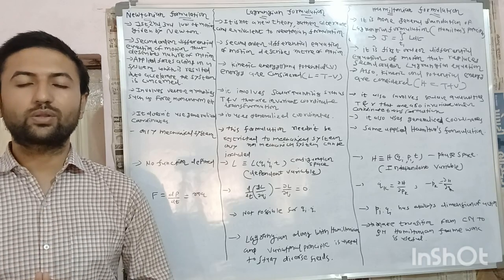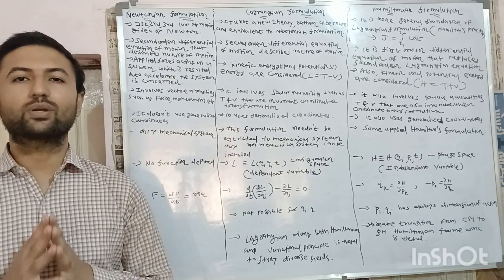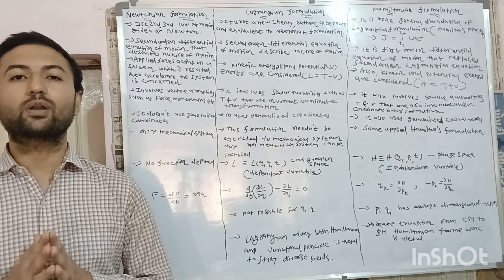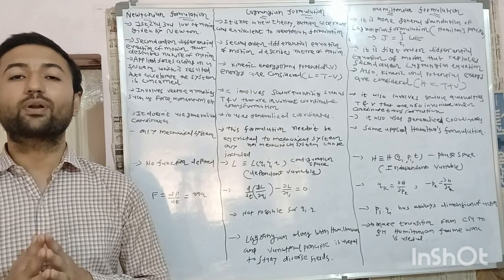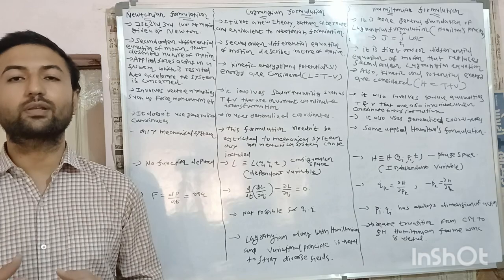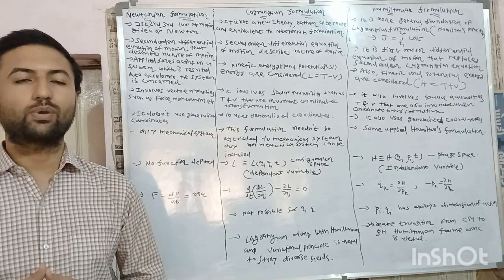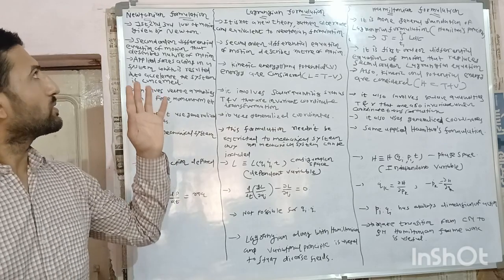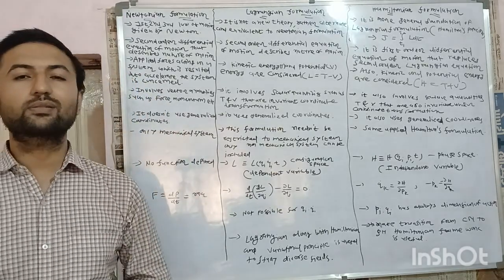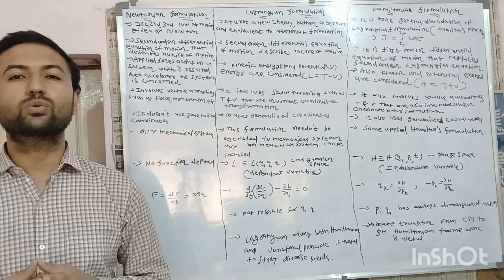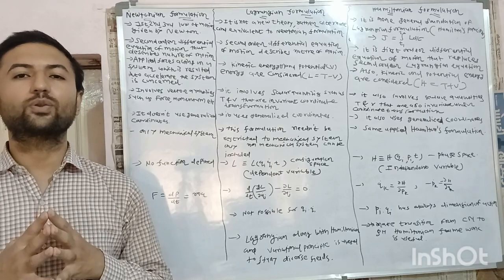And one should note that Newtonian formulation, Lagrangian formulation and Hamiltonian formulation are equivalent to each other, with different mathematical language and with different mathematical tools. Let's understand these three formulations by comparison. So the first point of discrepancy is that in Newtonian formulation, the first, second and third laws of Newtonian mechanics are used to